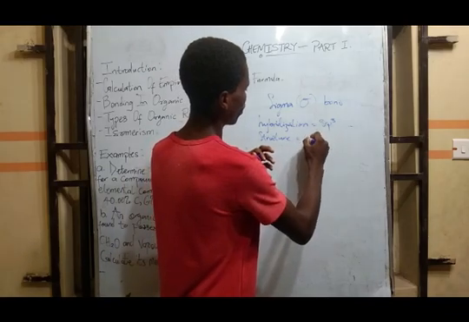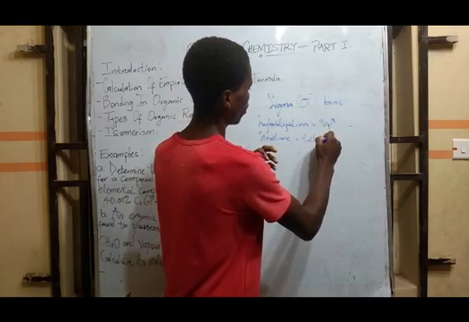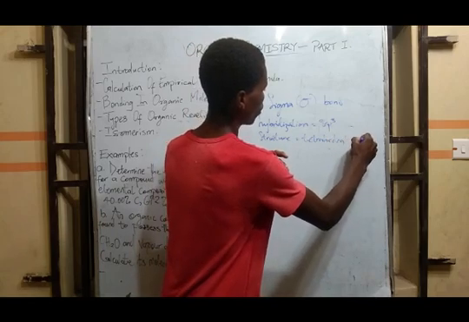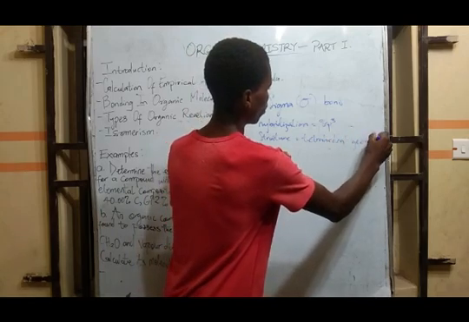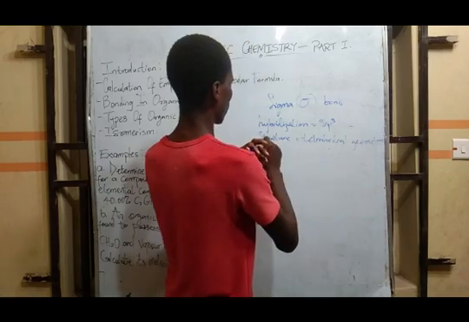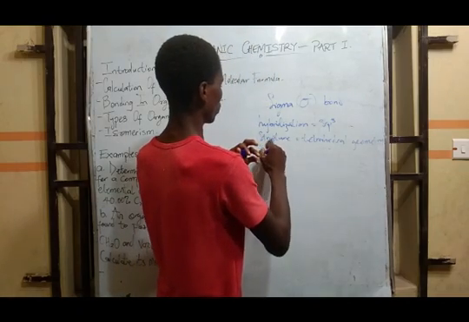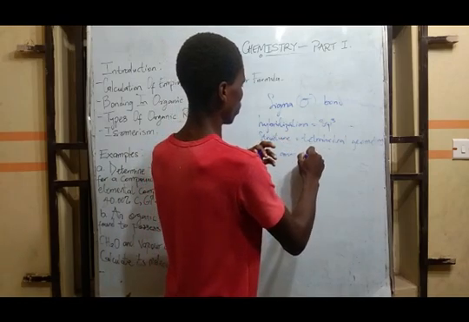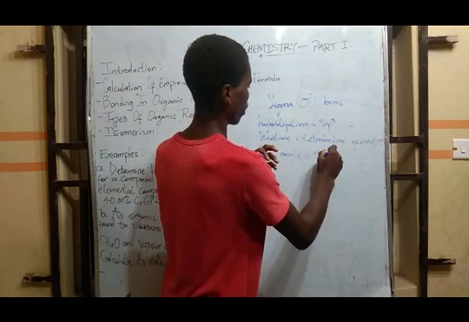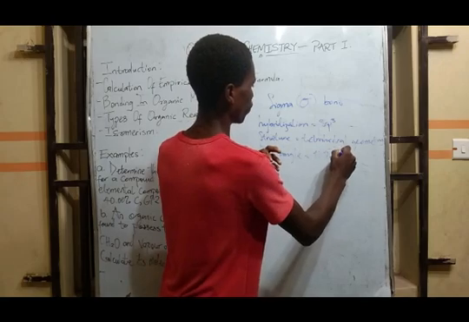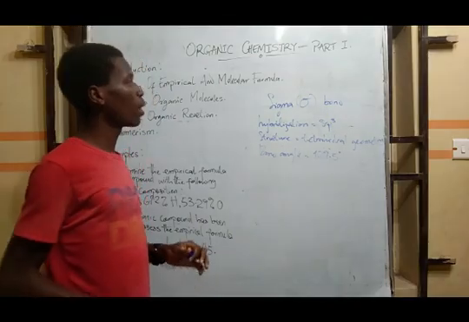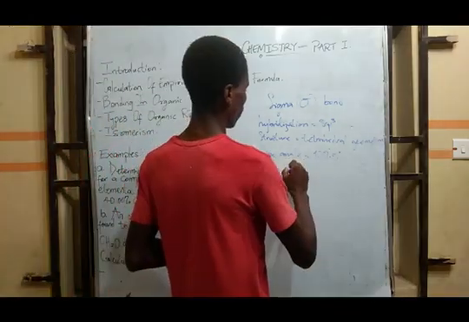and the structure or the geometry is a tetrahedral geometry with bond angle of 109.5 degrees. That is for sigma bond. Then talking about pi bond,